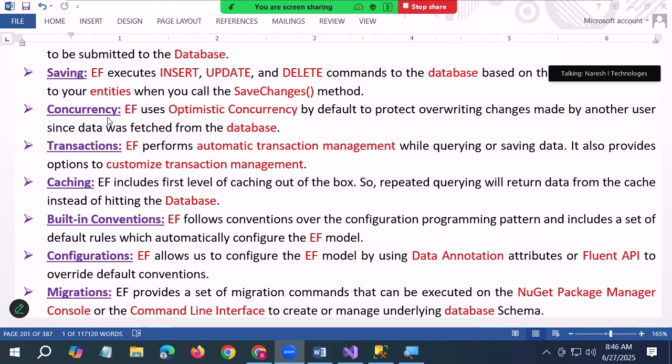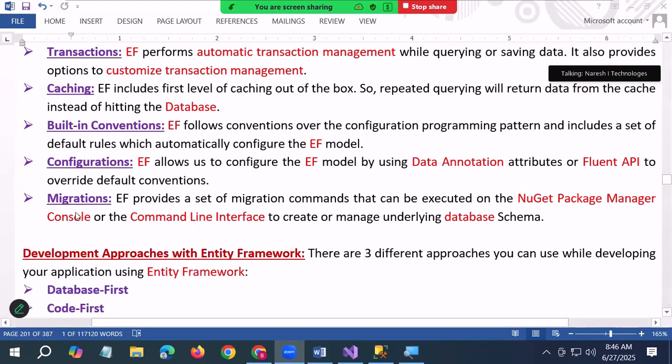It provides you caching, built-in conventions, configurations, migrations, all these things I need to practically show you guys. I listed them, but all these things I will show you practically, and at the time of showing, I will tell you this is called migration, this is called convention. All these particular things we'll discuss going forward step by step. Then we have